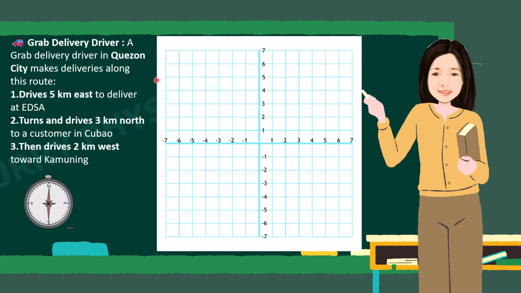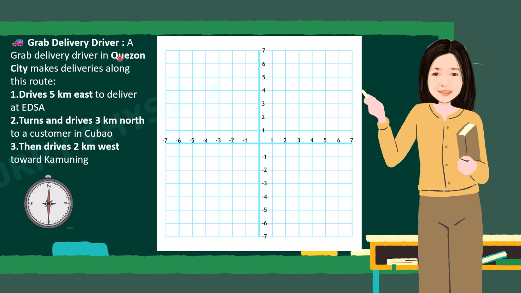Now, using the graphical method of adding vectors, first we use a convenience scale. In this particular case, our scale will be 1 square here represents 1 kilometer. And for the direction, if we look at the compass here, upward is north, downward is south, to the right is east, and to the left is west.